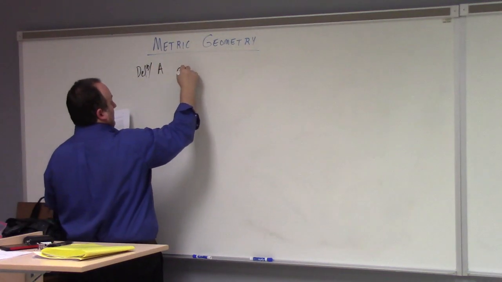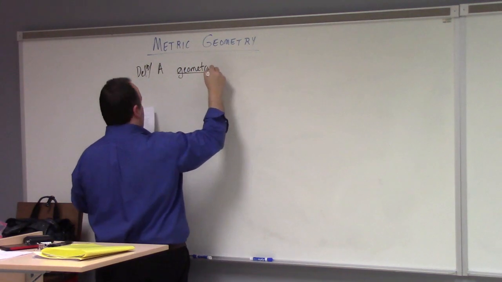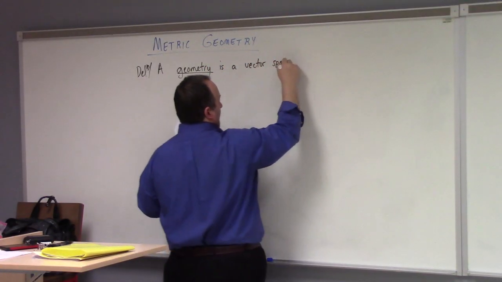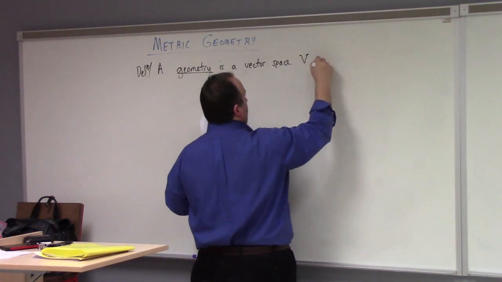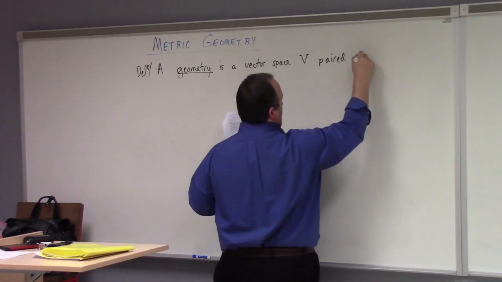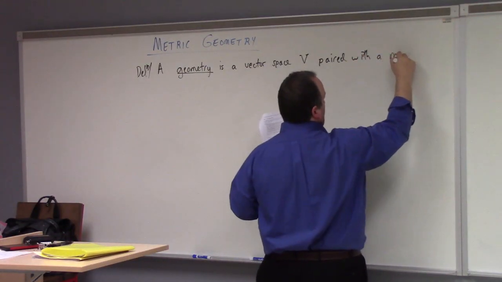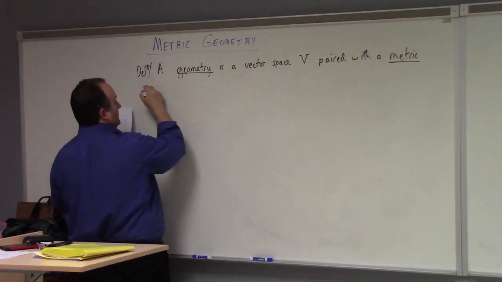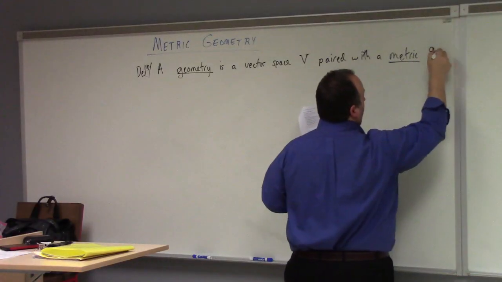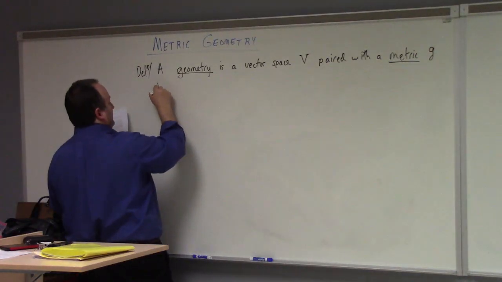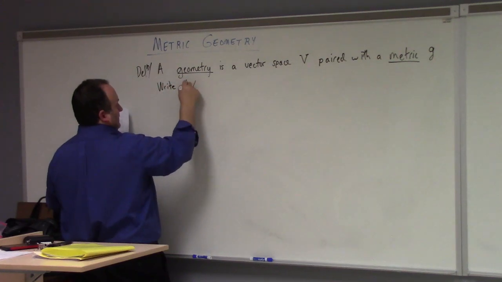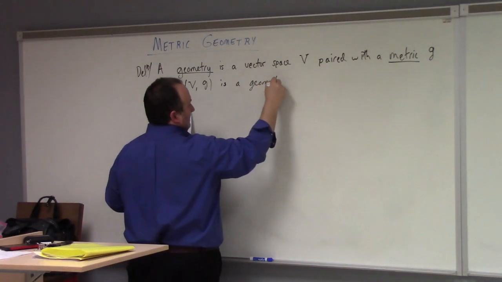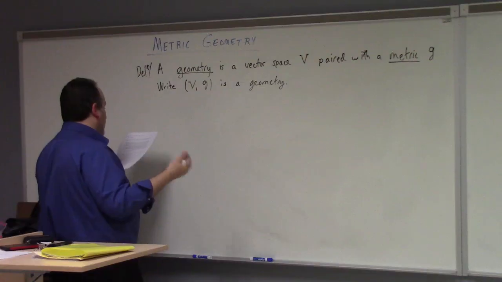A geometry is a vector space, let's say V, paired with a metric. All right. So you might say G. So you could write (V, G) is a geometry, right? You can think about them as a pair. Now here, what I mean by a metric,